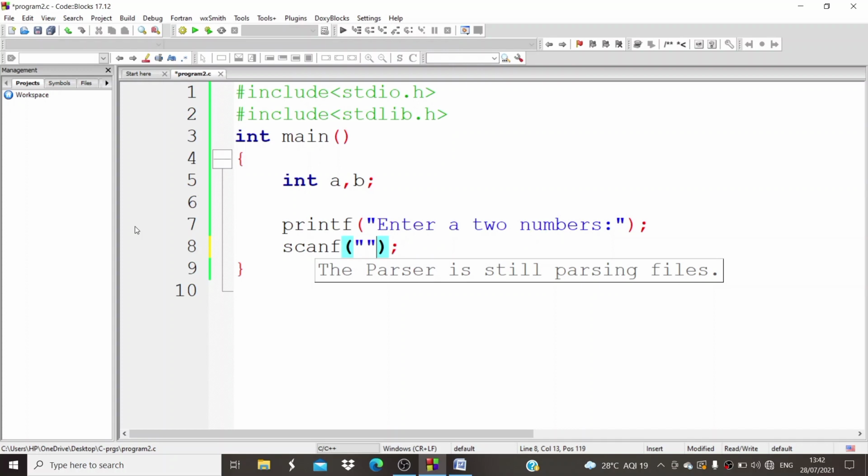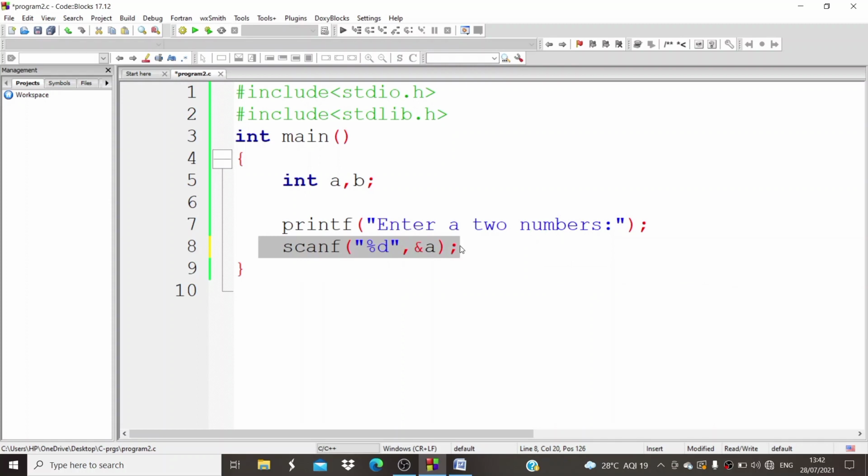Remember these symbols. Inside scanf I use %d because we used int. Then comma, ampersand a, the address of a. That is only for a. For b we have to give it now, so &b. So we have used scanf for a and b.